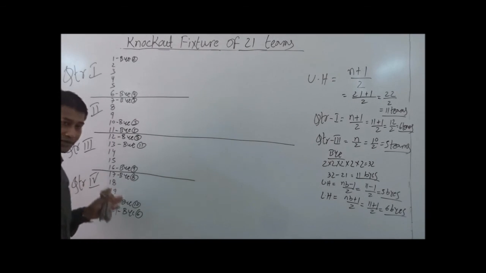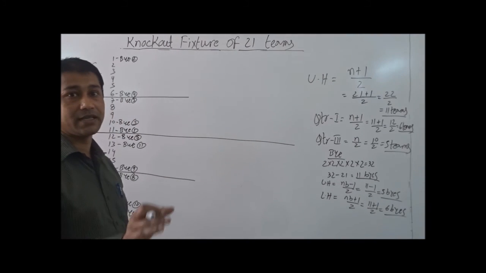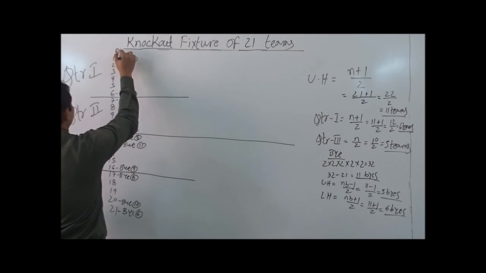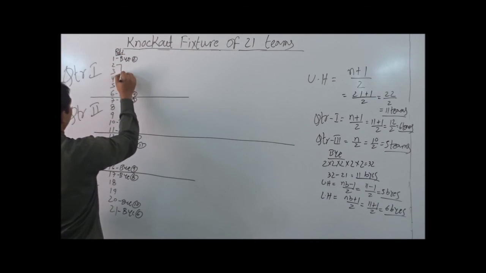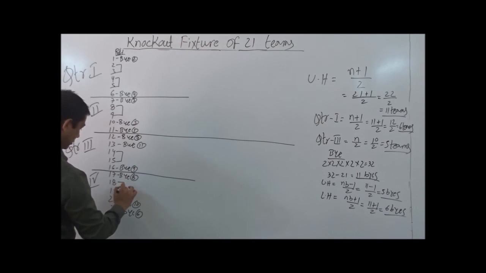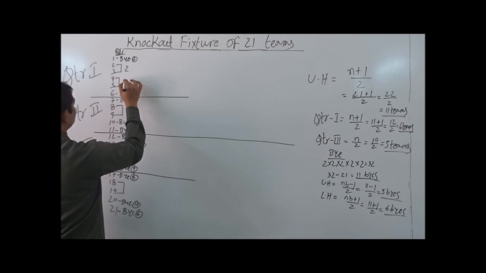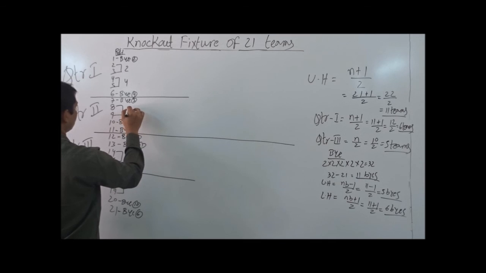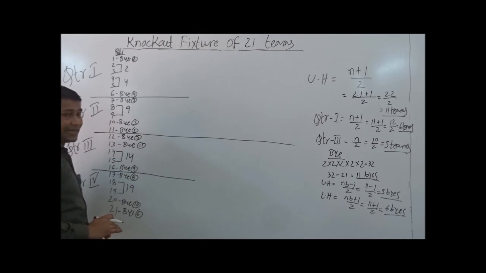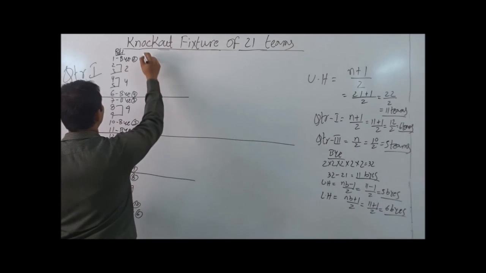Now we need to find out the teams which have not got the byes. They will only play the round 1 match, right? Round 1 on the top. As you can see, find out the winner. From the second round onwards, all the teams which have got a bye will start playing.